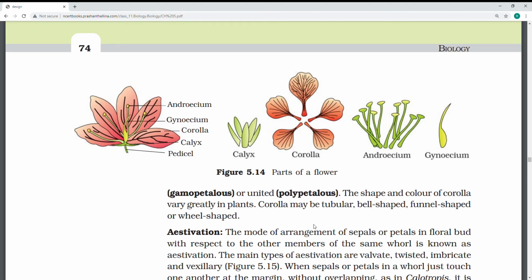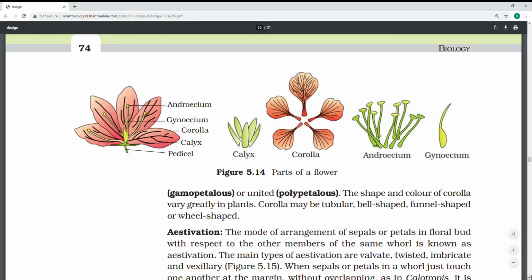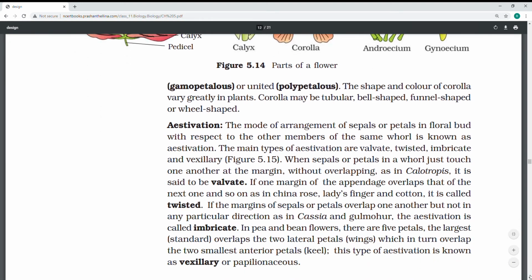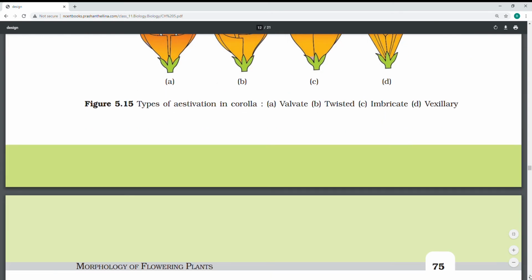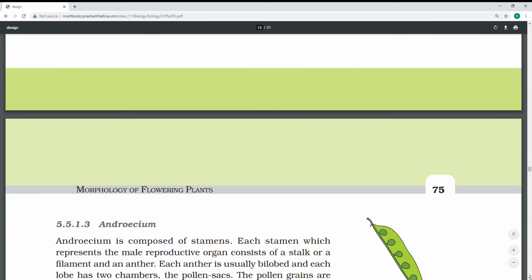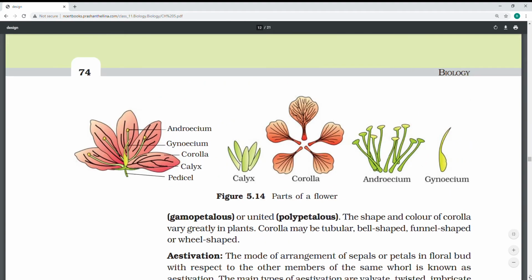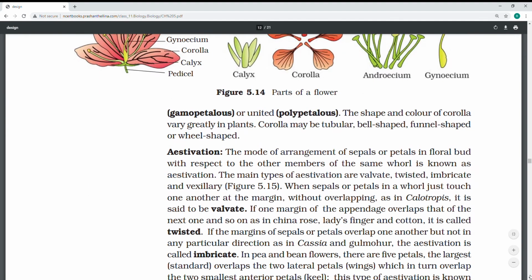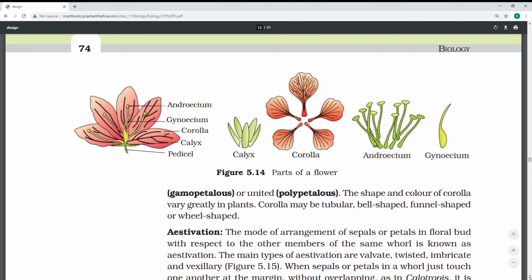Corolla may be tubular, bell-shaped, funnel-shaped, different beautiful flowers you will see outside. So there, see that they have given many examples for these. So briefly I will describe those. If you see the diagrams of these,